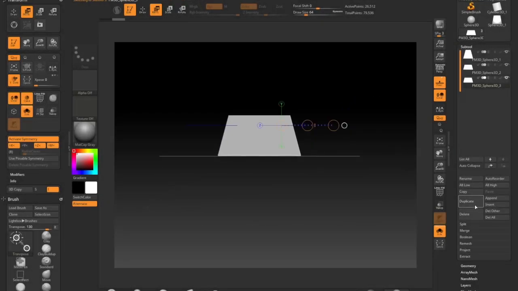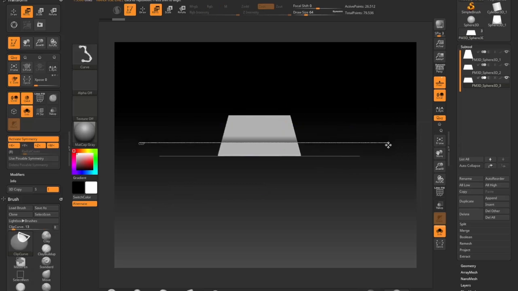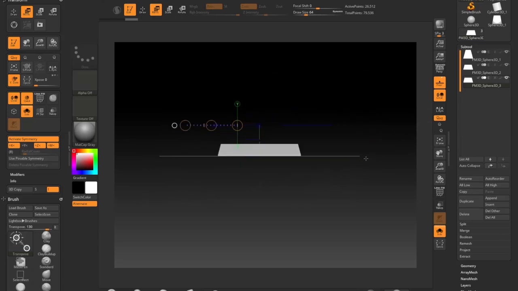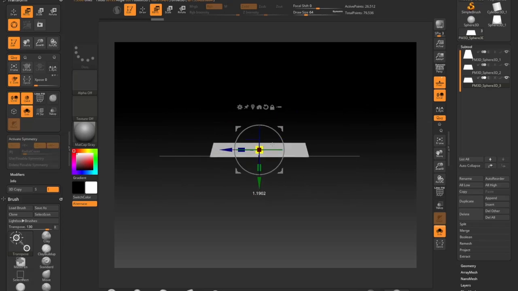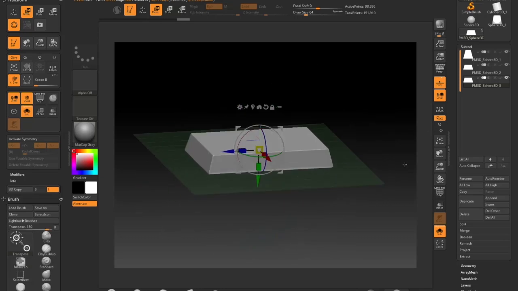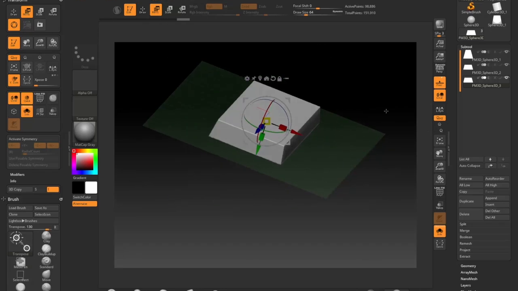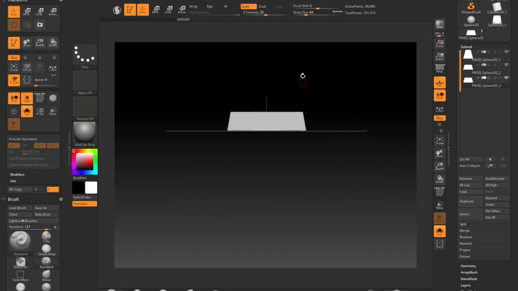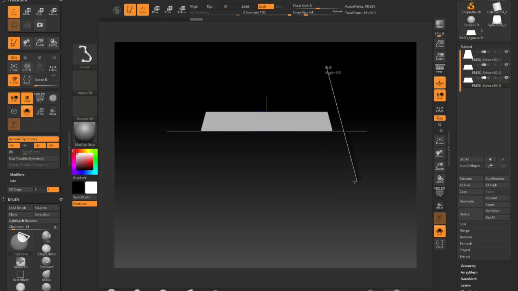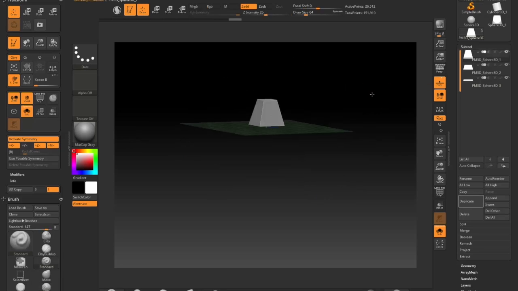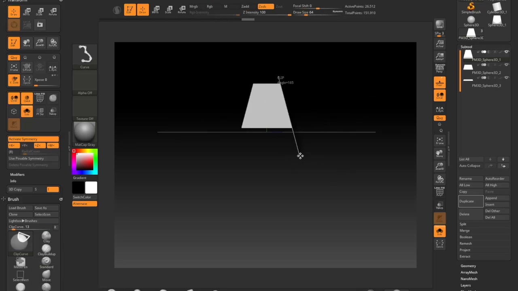So I'm going to use a lot of Dynamesh, and as you can see right now, I started from the first shape and I did a duplicate and a second one. And what I want here is to really start from a very simple shape and to show you that from this simple shape you can come up with an interesting design language that is going to be consistent and give a feeling of unity and